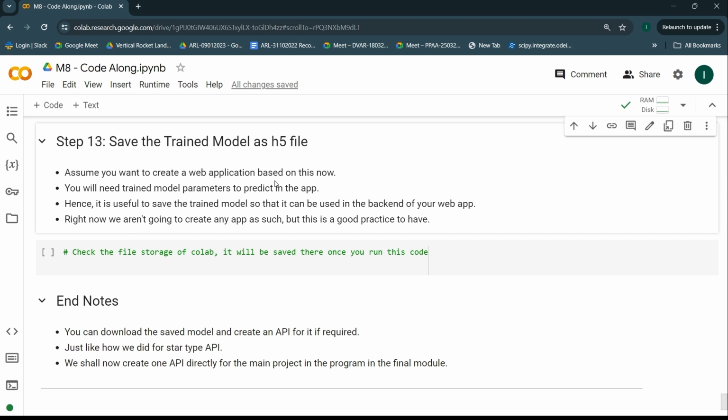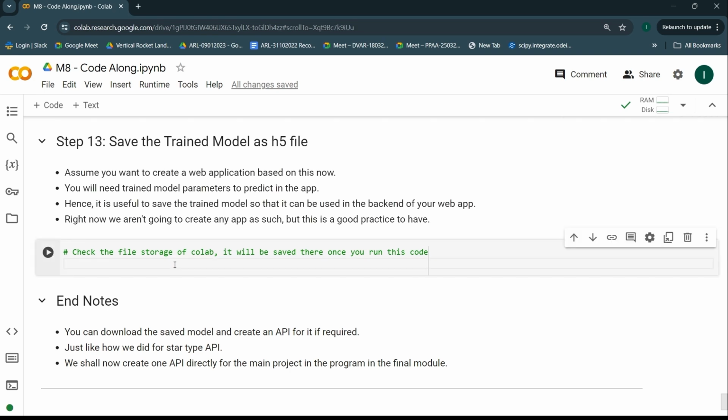However, in the final leg of this whole program, I'll be creating an API and a whole web app for the final project that we have in this program. But for now, I would highly recommend that you go ahead and try to create this API by yourself with the help of FastAPI, using the same kind of tactics that we had followed while creating the star type API. So let's see how we can first of all go ahead and store this trained model